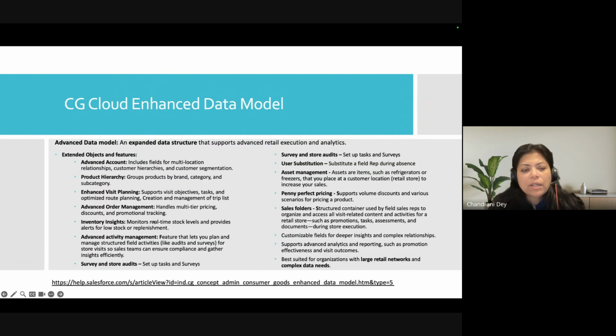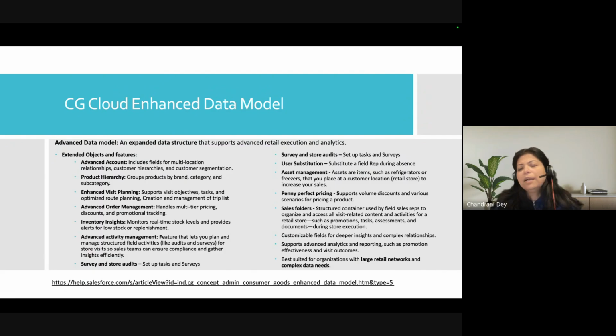They wanted enhanced visit planning, part of advanced order management as well, surveys, store audits. But it is not the case that they are using all of these features. At this point of time, for example, they are not using penny perfect pricing because they are using SAP for promotions and pricing, and they are planning to integrate that data into CG Cloud.